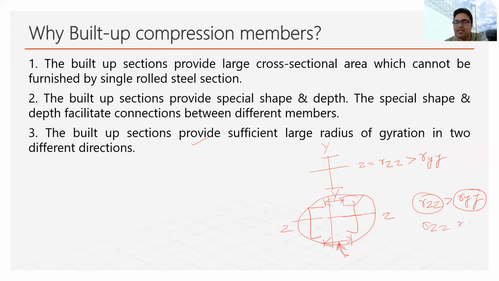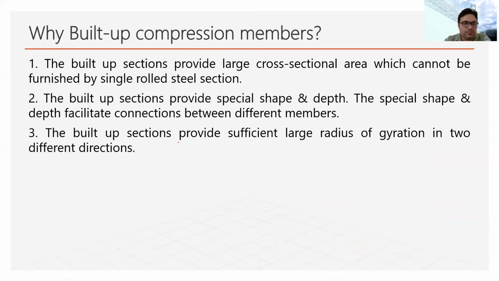So the higher the radius of gyration, the higher will be the stability of the column and the higher will be the load carrying capacity of the column. So with efficient use of cross-sectional area, we can have a built-up section which can carry higher load at an efficient rate. Okay, so this is how we do it. We will use this phenomenon in the example also. We will see that.